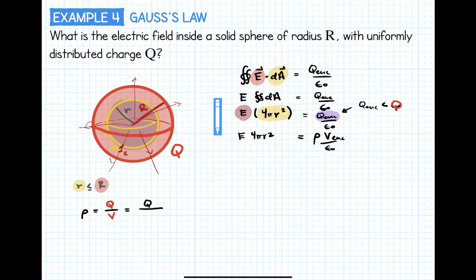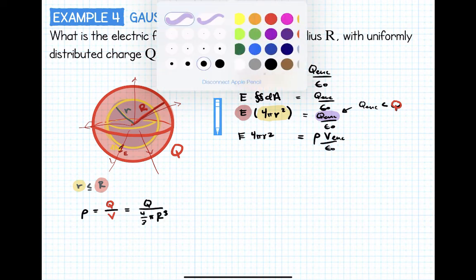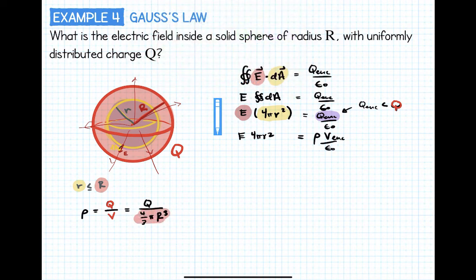So that's going to give us 4/3 pi capital R cubed, because remember this is the volume of the total sphere and the charge of the total sphere, okay? So that's our rho for this whole thing, all right? The enclosed volume